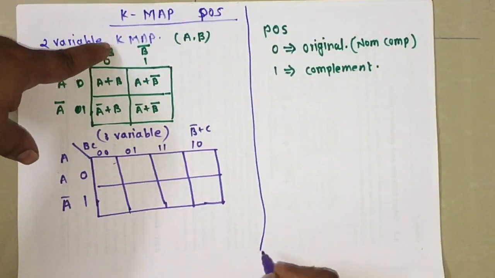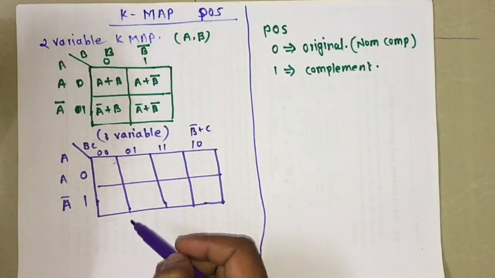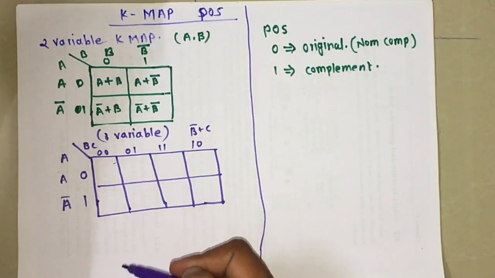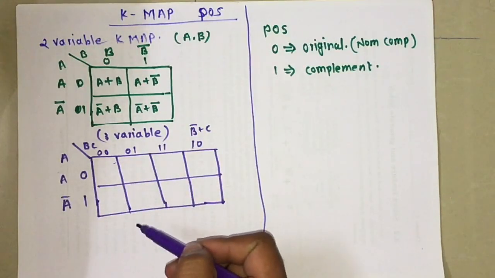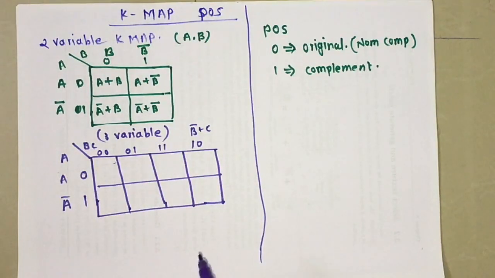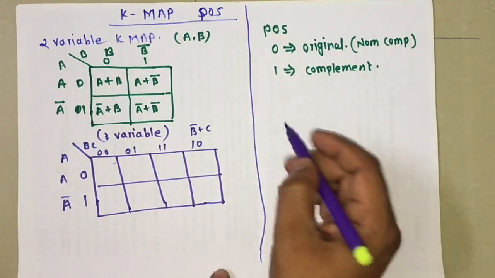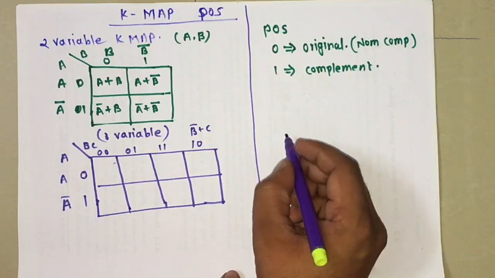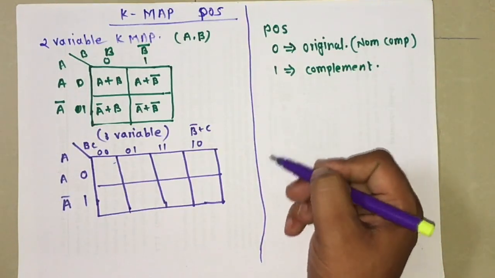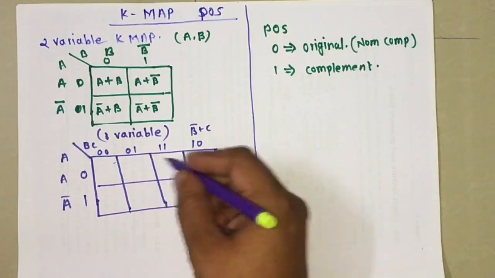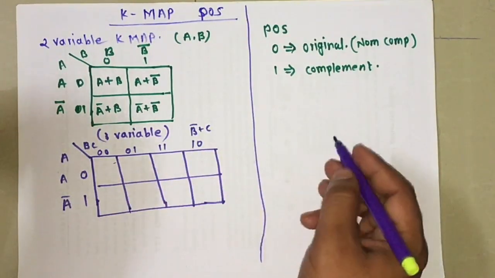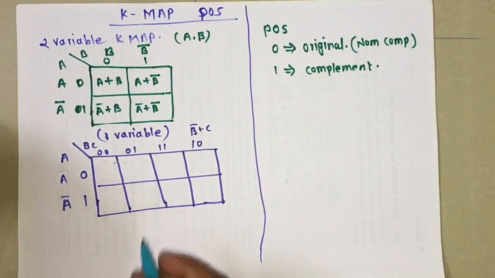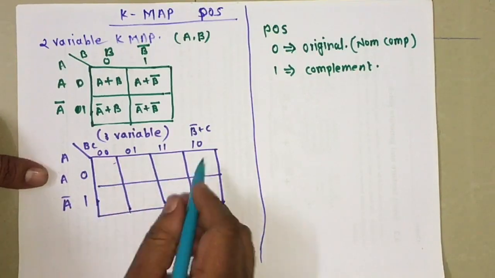The other way to draw the K-map, for example, suppose we have a truth table and from the truth table we want to draw this K-map. Then you can draw it by using the max term form. We studied that in the case of an SOP equation, from the min term we write the K-map. Here also it is possible to write the K-map using max terms. So where is the location of the max terms inside your K-map?